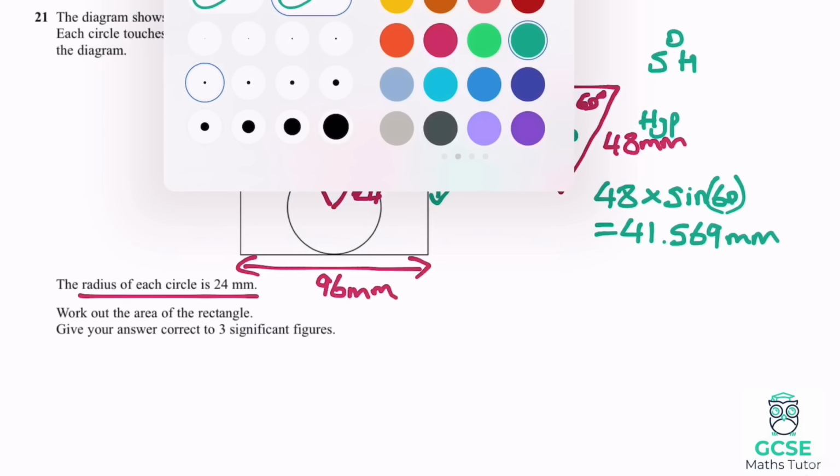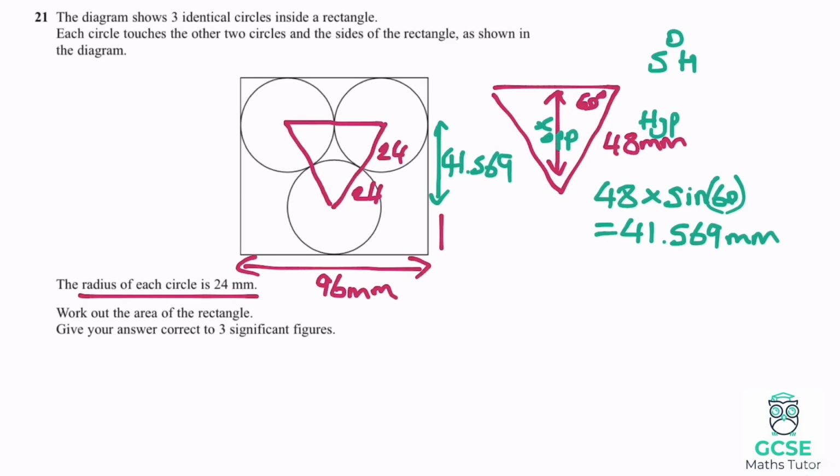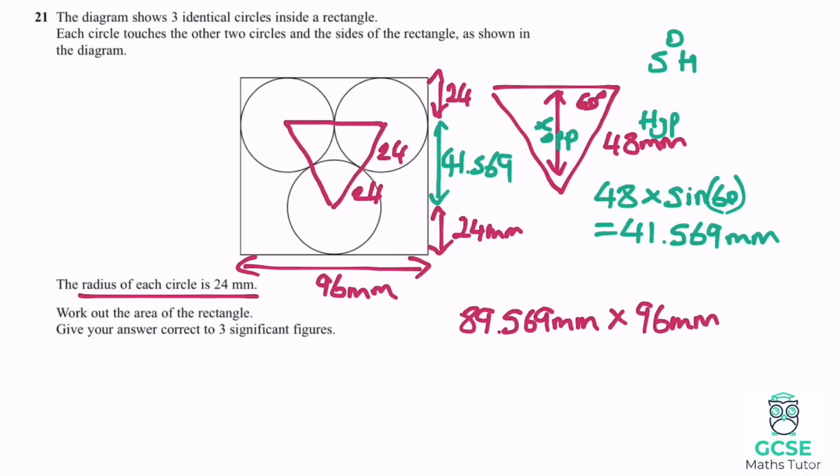And we already know then that just below that is another radius of the circle, being another 24 millimeters. And just above that is another radius, so another 24 there. And if we add up all those lengths there, it gives us a total height of this rectangle of 89.569 millimeters. There we go, and we know the width is 96, so we can times that by the 96 millimeters, and that will give us the area of the rectangle. So the area of the rectangle is